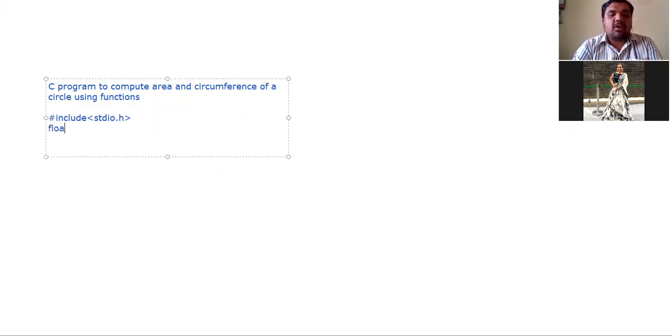Now float radius, comma, area, comma, circumference. These are the three variables I am supposed to use in this program. R indicates the radius, which is going to store the radius given by the user.